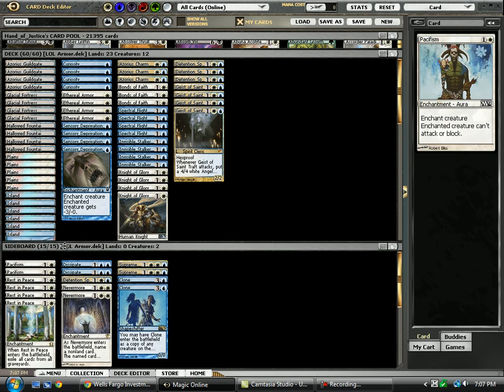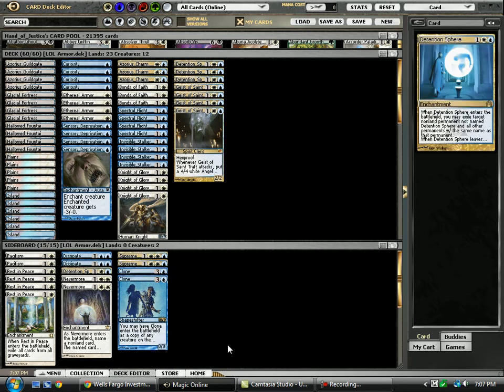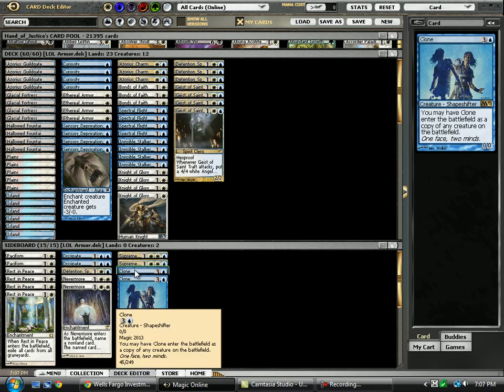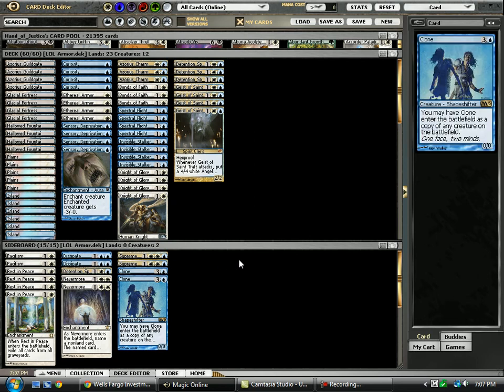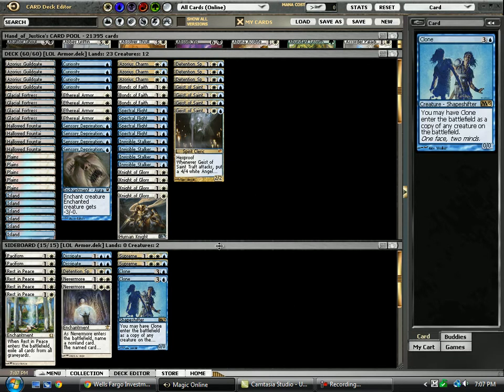And then in terms of the board, we added in Clone just to fight against opposing Geists, great against Thragtusk, and then also a split of 2 and 2 between Dissipate and Nevermore. I found that I really don't want more than 2 Nevermores in the deck, just because they get redundant very quickly. Also, the full 4 Rest in Peace really is necessary against the